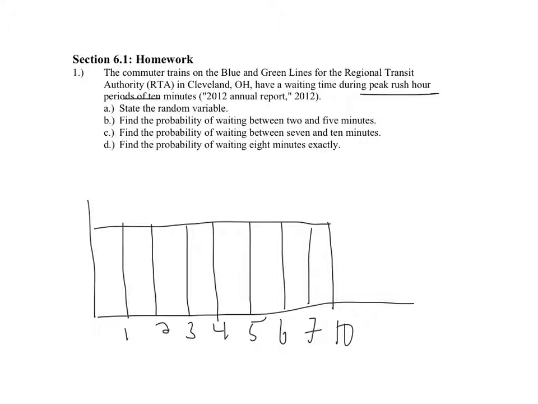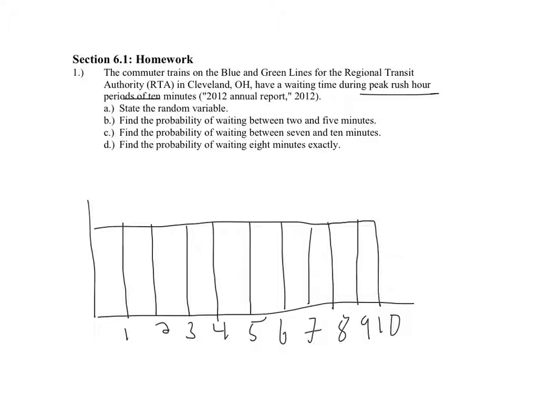What if we cheat? I don't know if it'll let me erase it. Let me try it. Oh, it will. So 8. I'll add 2 more rectangles. Now these are supposed to be equally spaced. Okay, so uniform distribution. So what's the random variable? It's how long I have to wait during peak rush hour